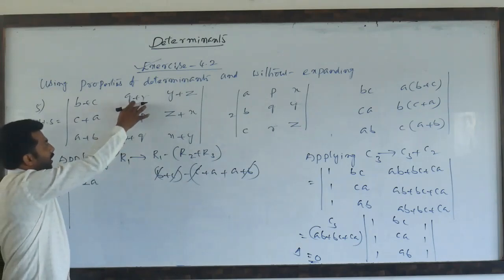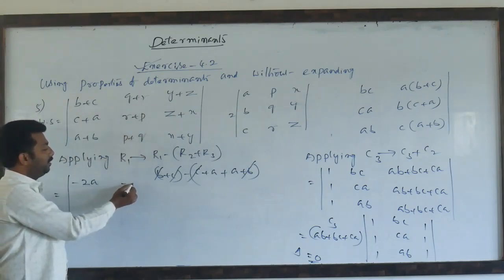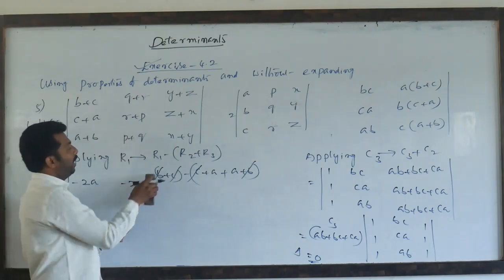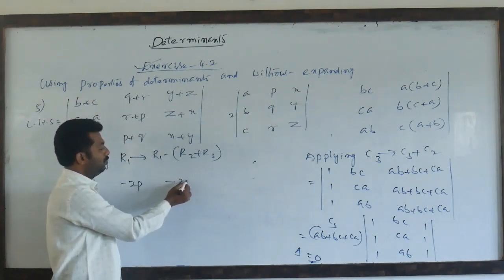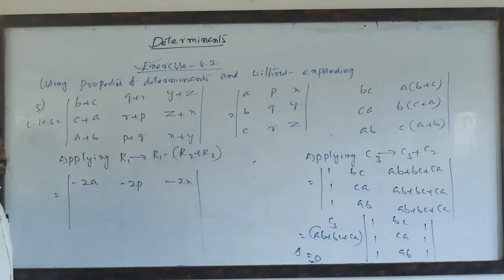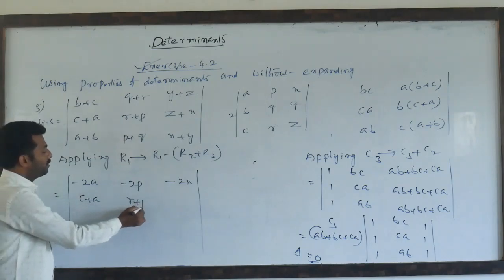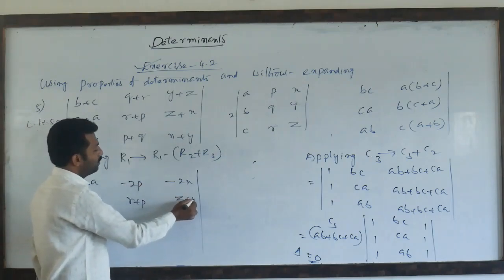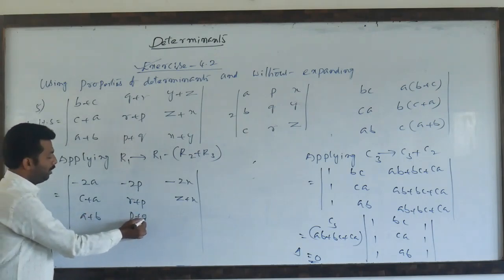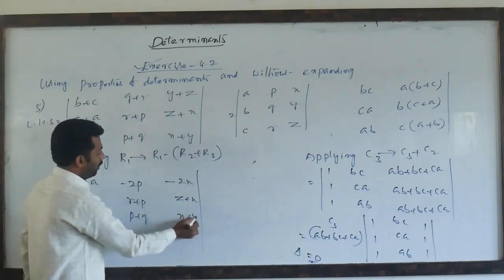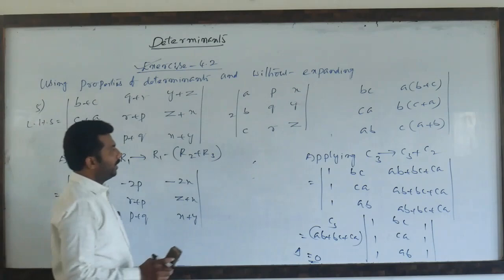Like that you can apply the same operation for the other elements. You get minus 2p, and at the same time minus 2x. No changes in the remaining two rows: c plus a, r plus p, z plus x; a plus b, p plus q, x plus y. Okay. Now from this I am taking